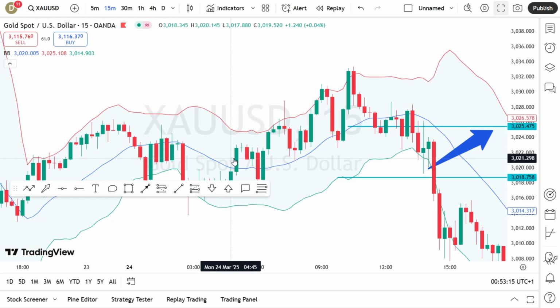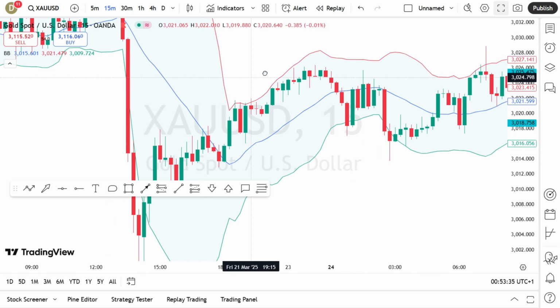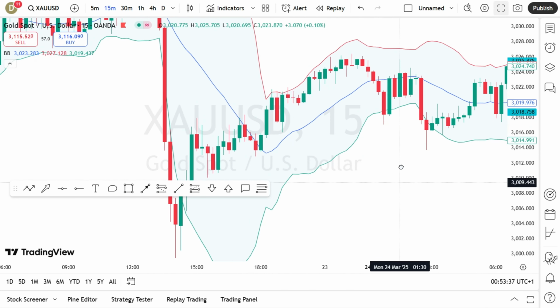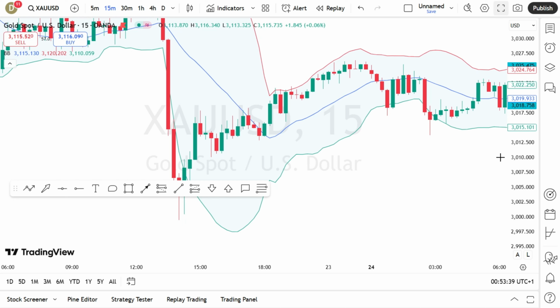This is one of the powerful indicator strategies. It's used to measure how loud or quiet the market is. Quiet market means low volatility. Loud market means high volatility. So we only sell or buy in a high volatility market. Take note of it. When the market is having high volatility and the bands have expanded,